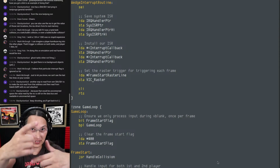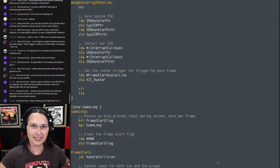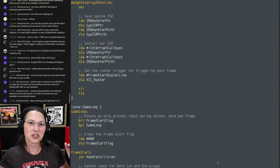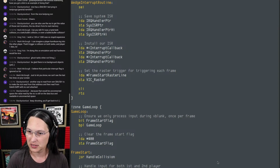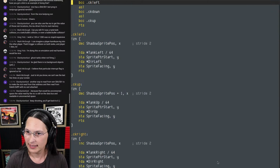Yeah, if you keep shooting, you'll get back to 0, right? But you'll also get A, B, C, D, you'll get all the graphics characters, you'll get all that crazy stuff. Because we're not treating this like a BCD number. We're treating it like just a raw number, and we're just putting that into the display. So the actual routine that does that is...